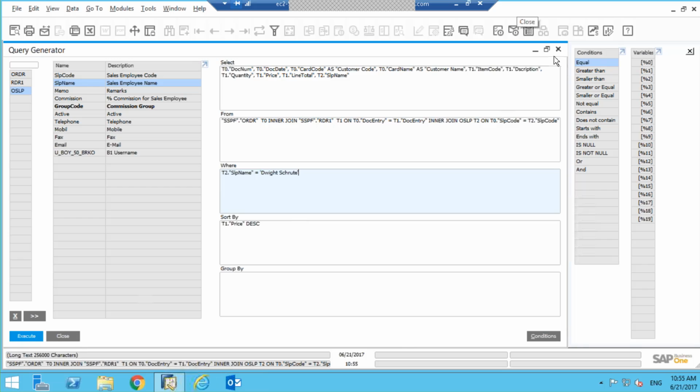I've got something over here which looks like percent signs followed by a 0. You have up to 20 of these, and you can basically create a parameter using a variable such as a sales employee name, so that you get a prompt. Every time you run your query, I want a prompt that says, hey, which sales employee do you want to run this report for, right? So in this case, what I'm going to do here,